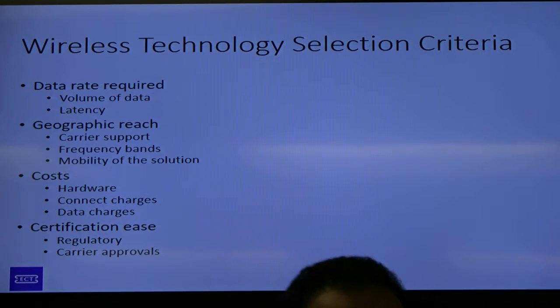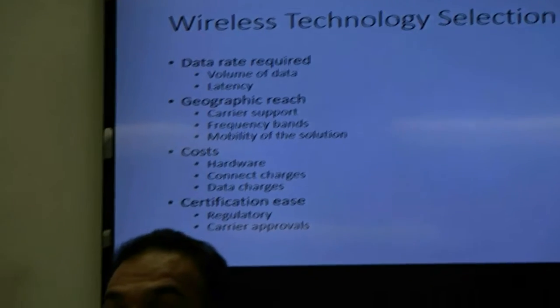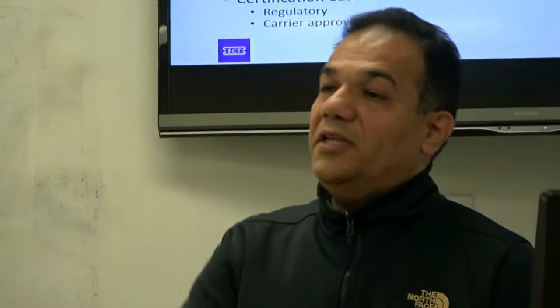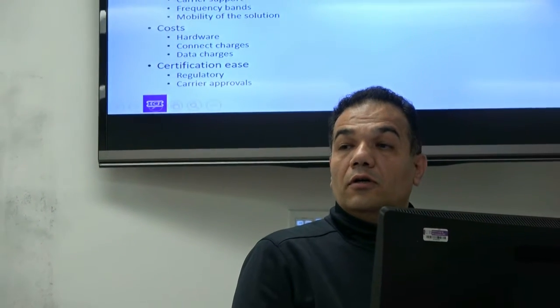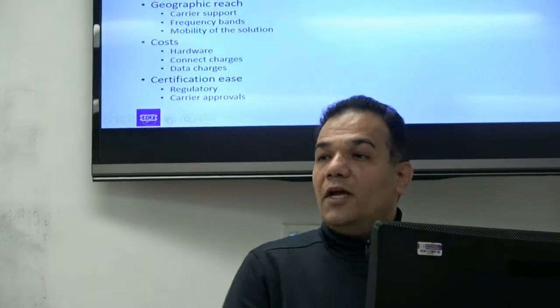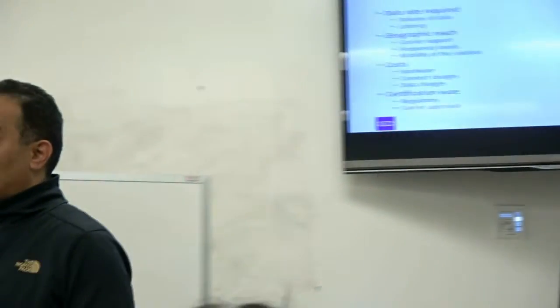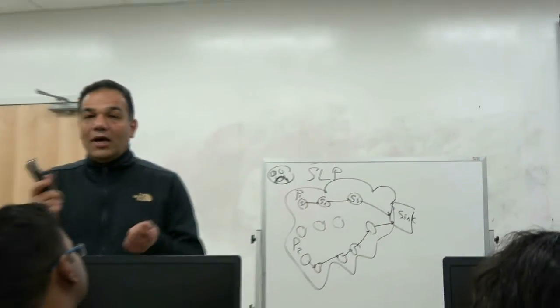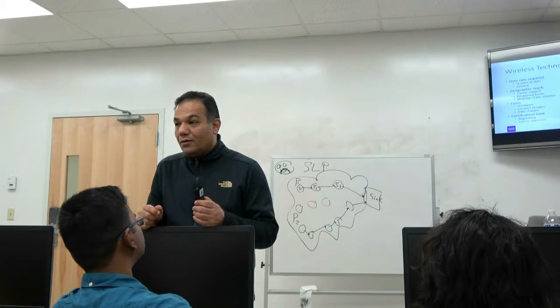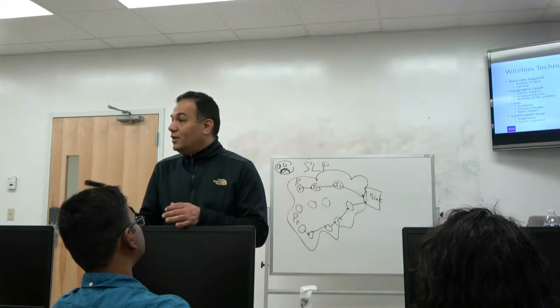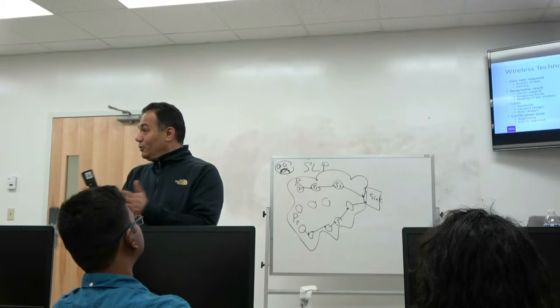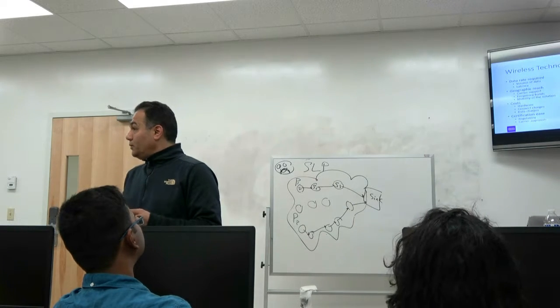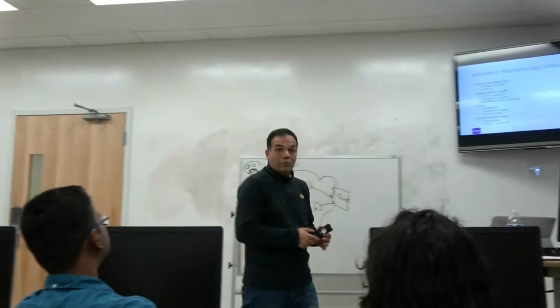Wireless technology selection criteria. So what kind of wireless technology are you going to use? You're going to permit a device to do a certain function, a medical device, whatever. What kind of wireless technology do you plan to use? You have to think about the data rate required. If it is taking video and sending video, you have to use a wireless technology that has higher bandwidth. But if it is taking text, it could use a technology with average data rate. You have to know what your application is, what your need is.